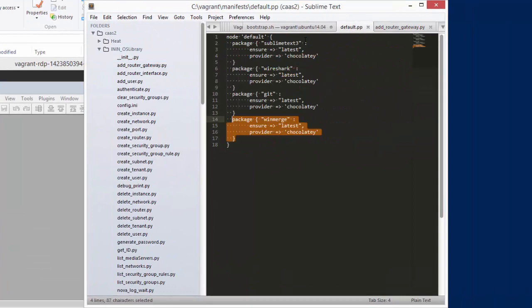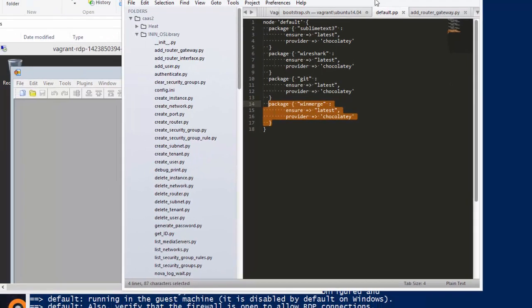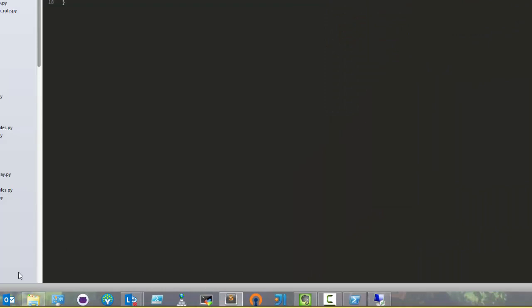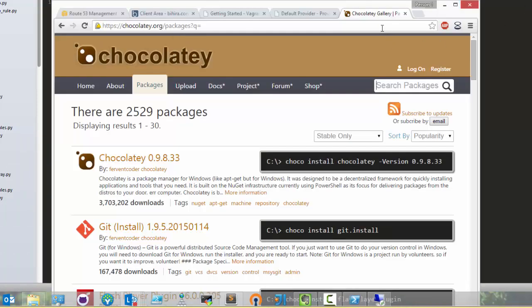Go ahead. Could you also just use a PowerShell script with the chocolate commands in it? Yep. So let me